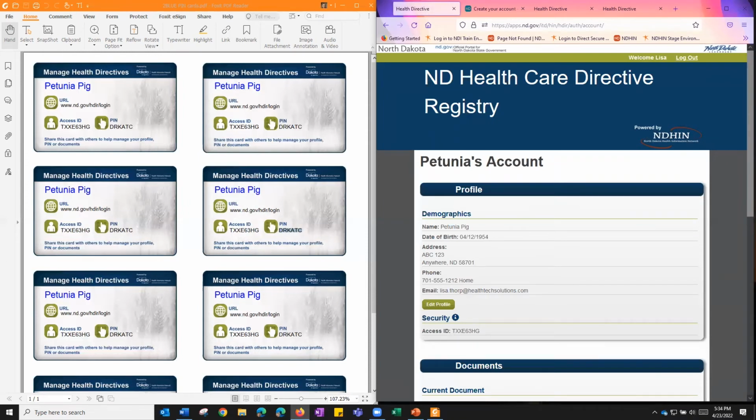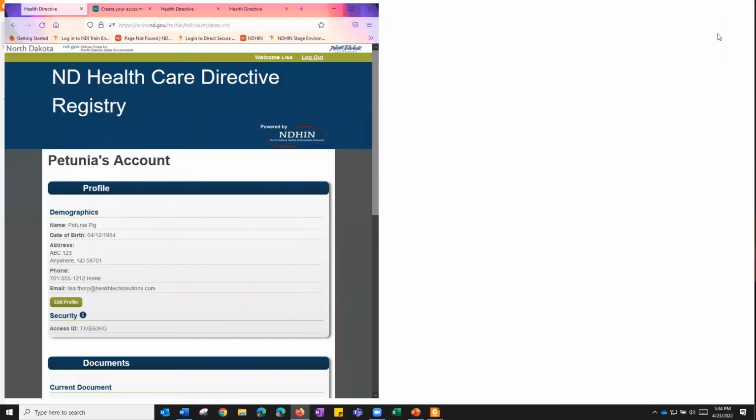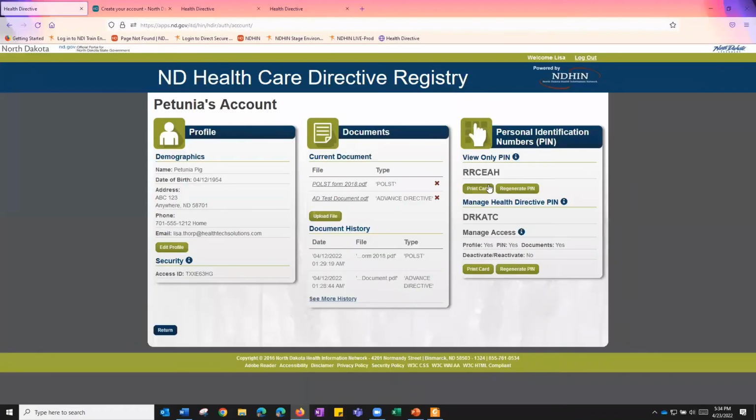This will take me into Petunia's account and allow me to update any information as needed and as allowed by the settings chosen by Petunia. You can see here that I am logged in as Lisa, and Lisa will be making any changes to the updated account. If we take a look at Petunia's account that she established,